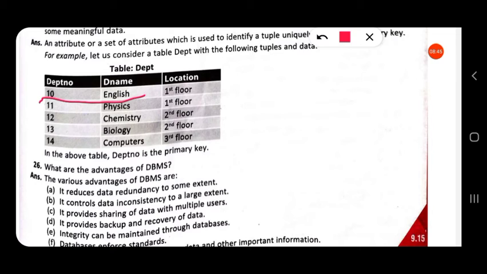So department number and D name are candidate keys, and we can select any one as the primary key. Usually we select numbers as the primary key. So we can select department number as the primary key, then D name becomes the alternate key.